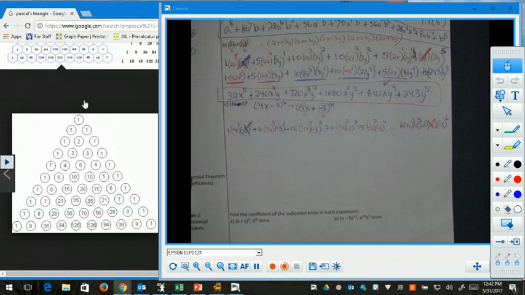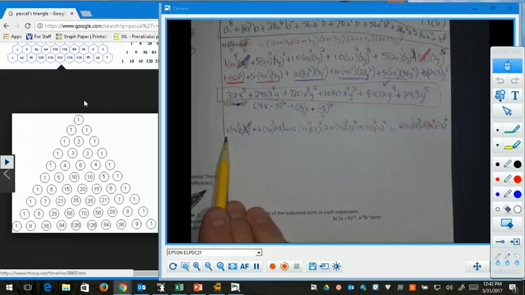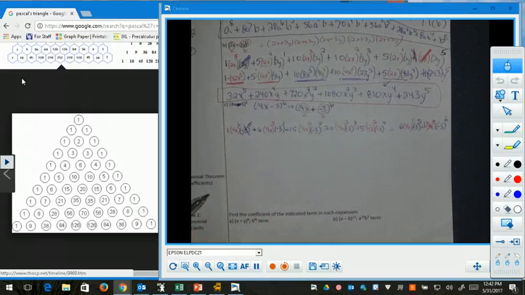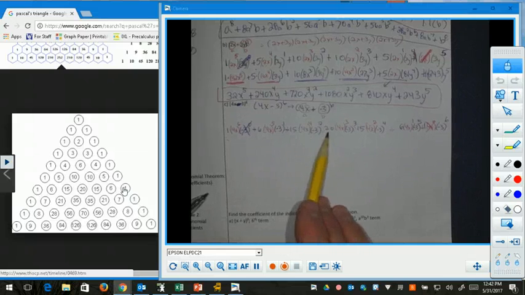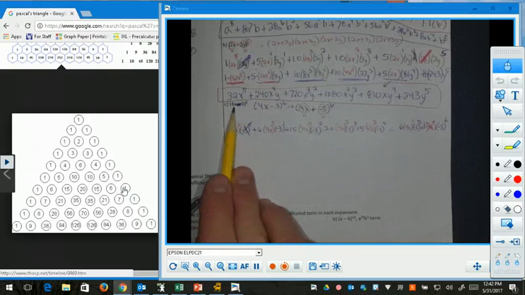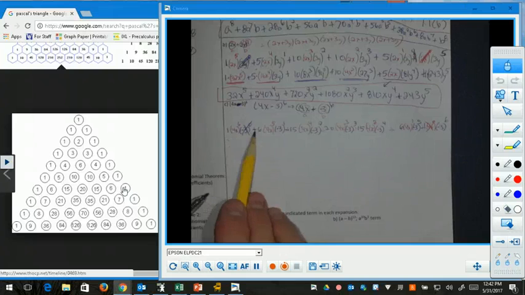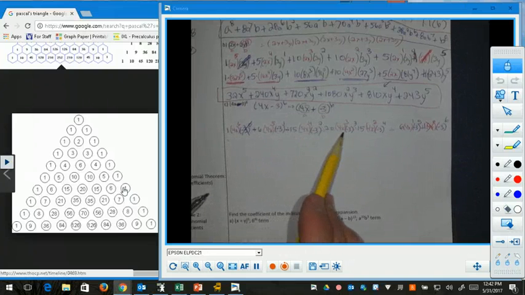All right, welcome back. And so here is what you should have. You should have started with row 6 of Pascal's triangle, which is 1, 6, 15, 20, 15, 6, 1. I have those there in blue. Then the first term, our a, is 4x, so I put that in parentheses next to each one of those